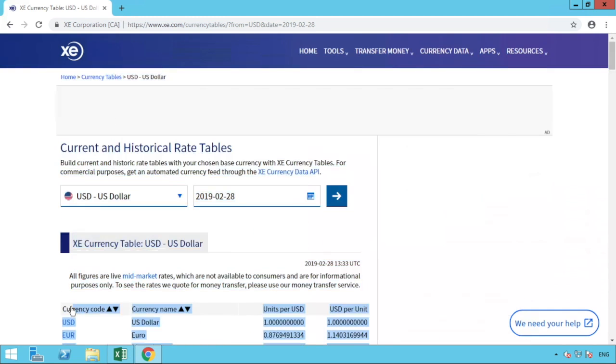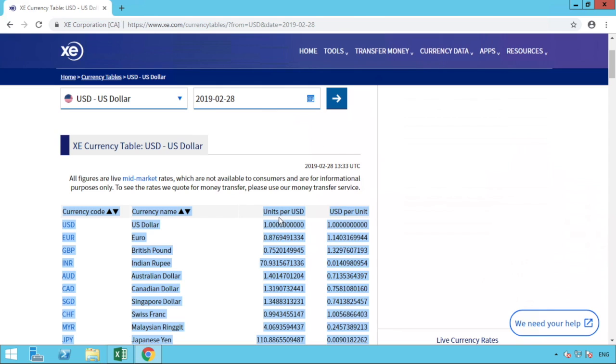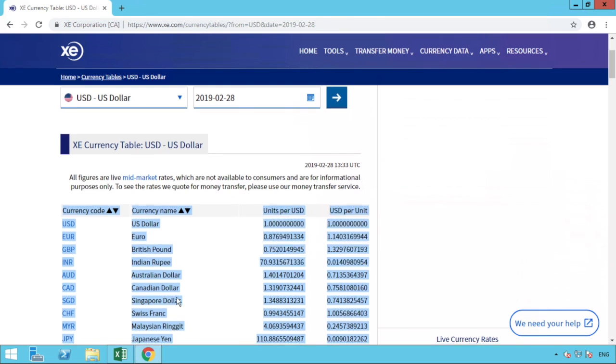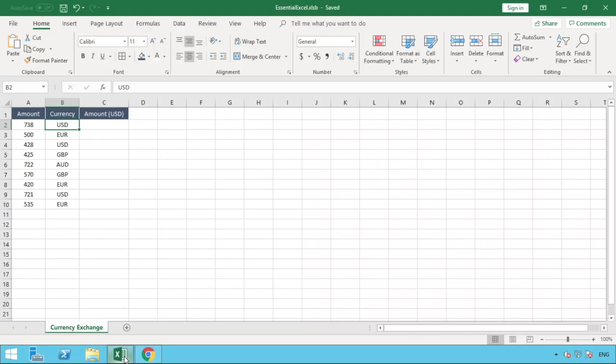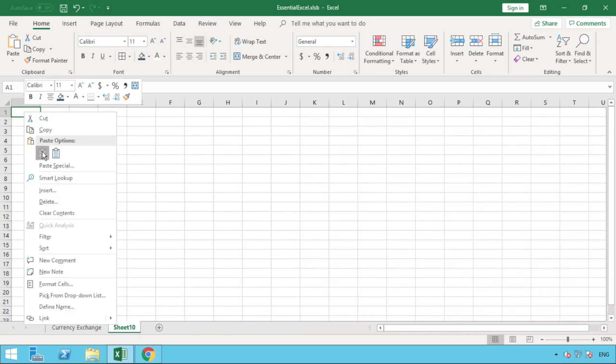Hopefully this is coming out in real time, but in essence all we're doing is just selecting all that information there, so you can see it's been highlighted there. And then we're simply going to be able to go copy, go back into our Excel, and what we'll do for this example is we'll put our currency data to help give it tidy onto a separate sheet. So we can just simply paste it into here,